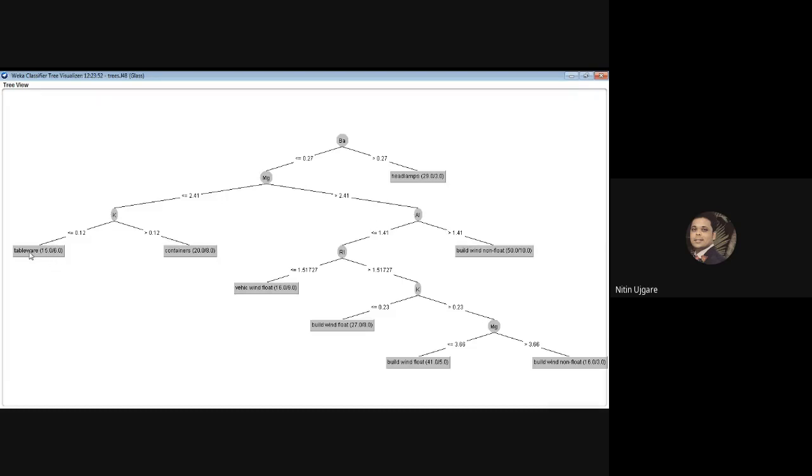For the tableware type of glass leaf, there are a total of 21 instances. Out of those 21, 15 are correctly classified and the remaining 6 are misclassified. So let me go back and share the old Explorer screen.